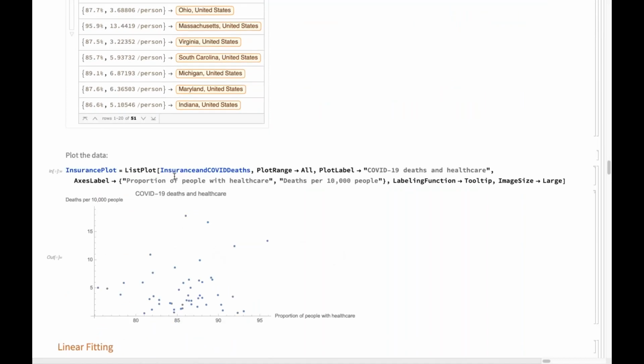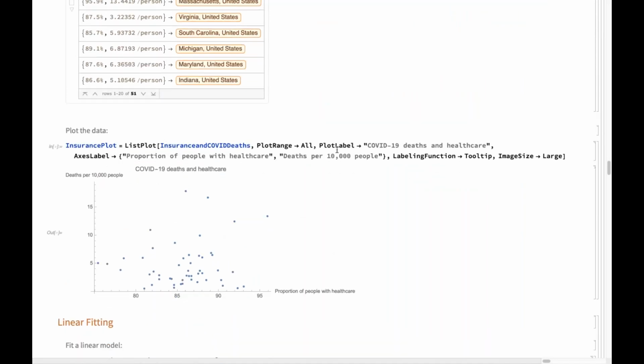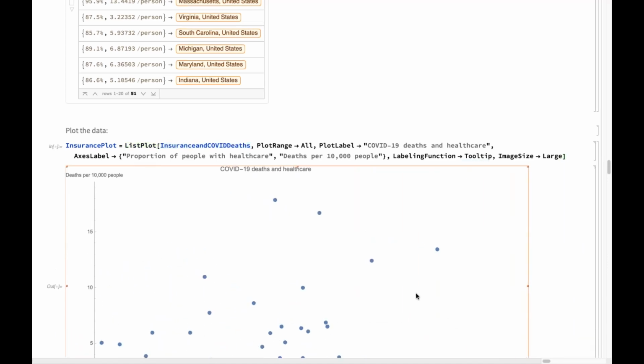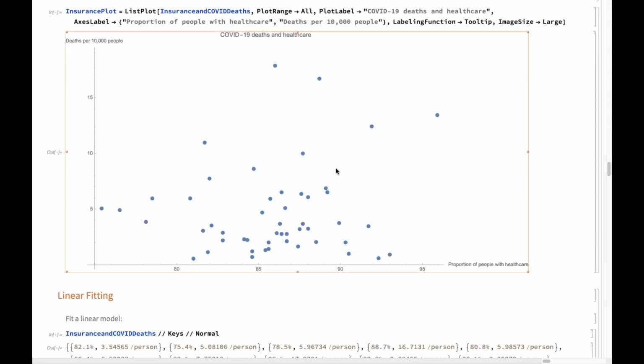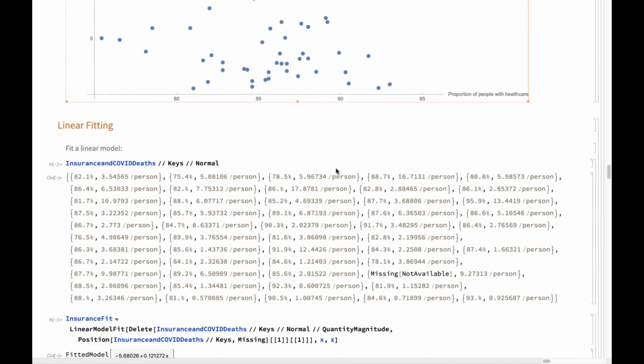So I'm going to plot this using the list plot function. There's a lot of options over here, but all we care about is this is list plot and my variable above, which corresponds to here. And I'm also using a labeling function set to tooltip. So let's enlarge this a little bit. When I hover over something, I can see this is Connecticut, this is Massachusetts, this is New York, and so on. So let's try to use linear fitting